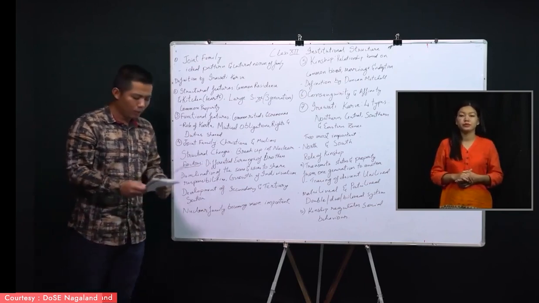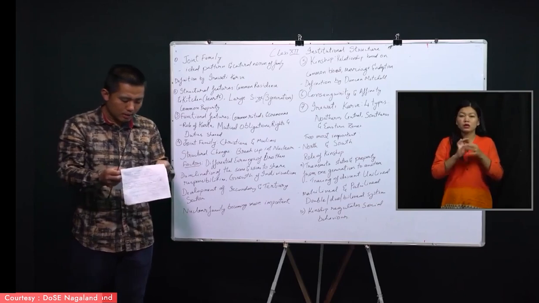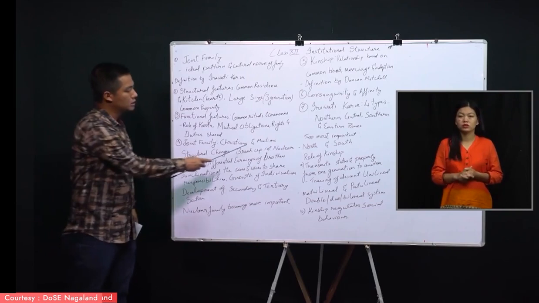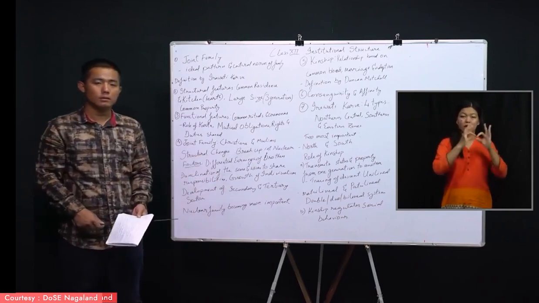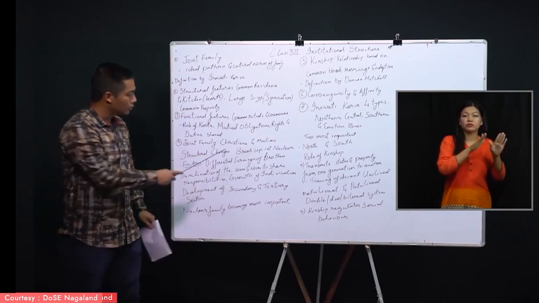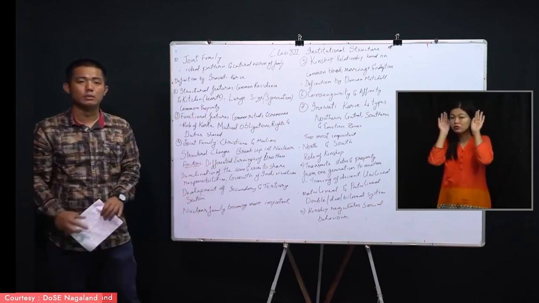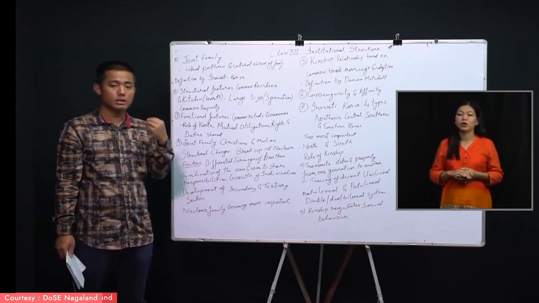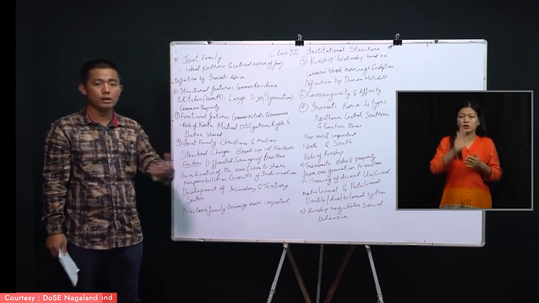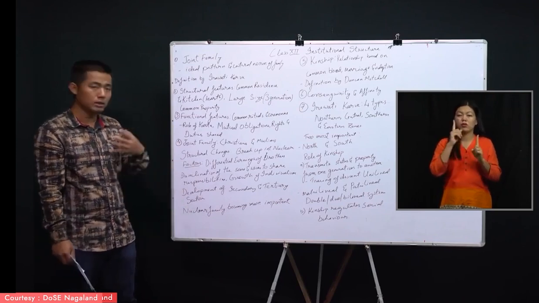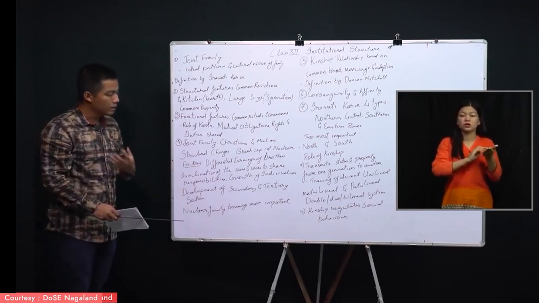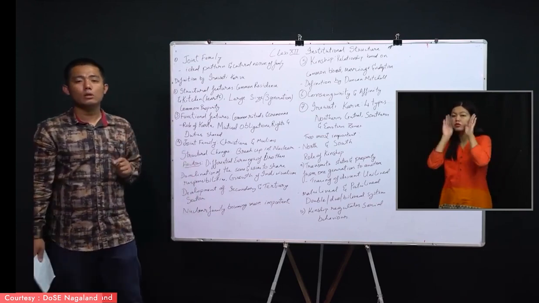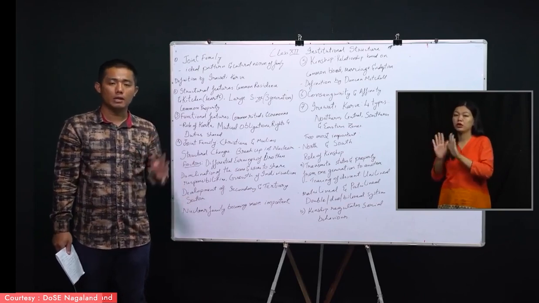Now, when we talk about this joint family, it is also found among the Christians and also among the Muslims. So in that way, they share the cultures, they share the values of life with the young ones, and they coexist with each other, and in that way there is harmony in the family. But what happened is that today, as we look into the bigger picture of the society,